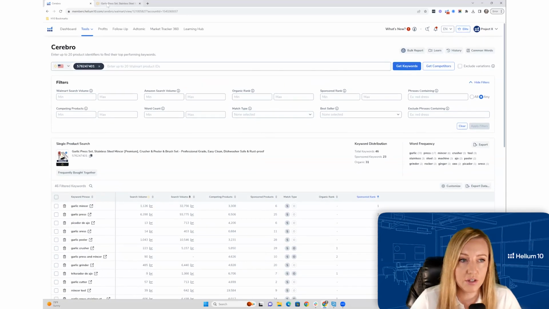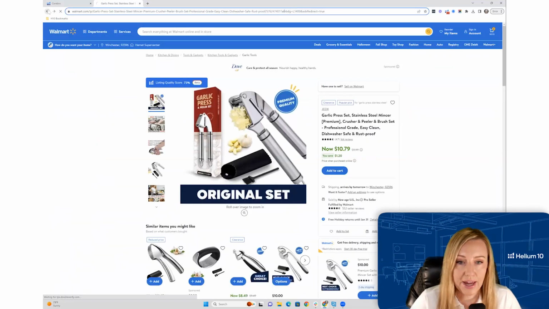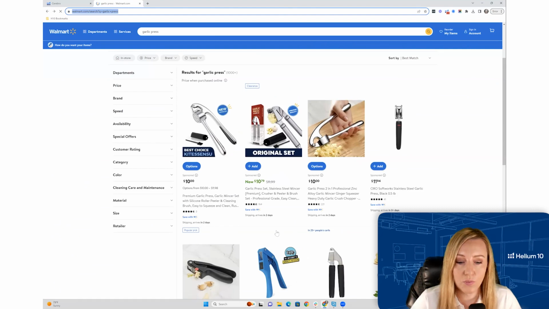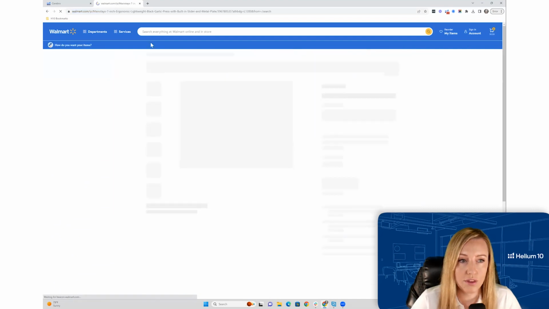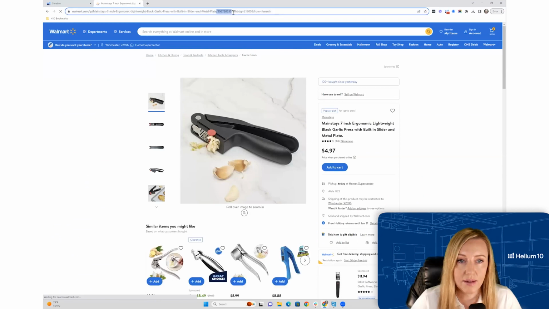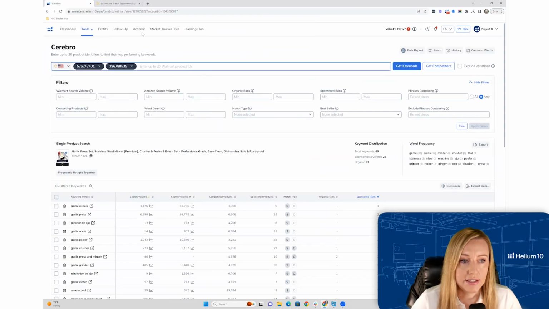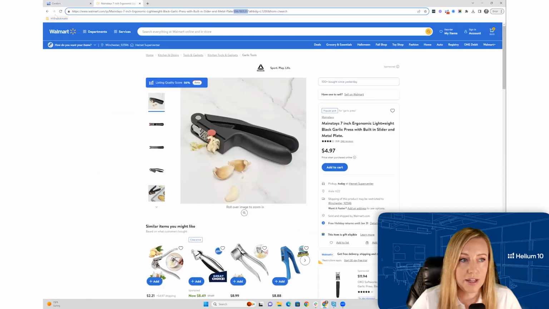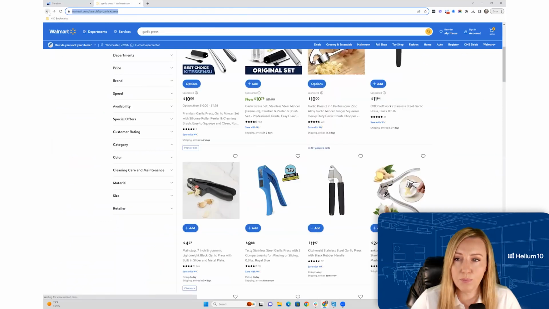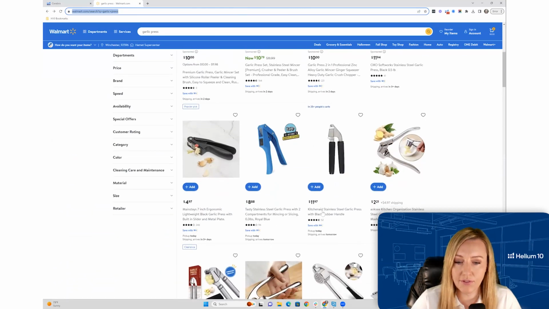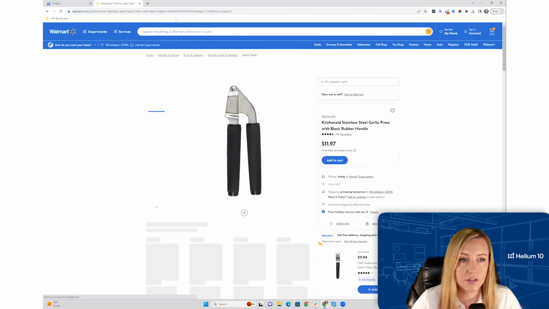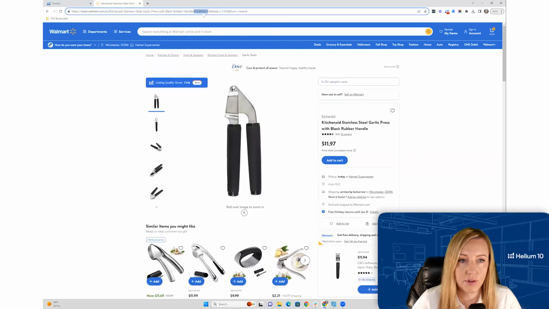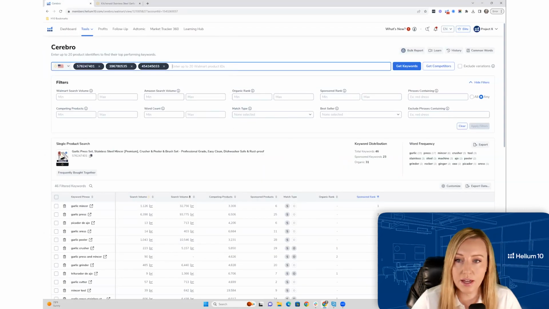Now, another thing you can do is compare competitors. You can do more than one. So if I copy this one again, we've got this product ID. On my account I can go up to 20, but a lot of people are probably up to 10. It just depends on the level of your plan. So I'm going to do this one as well. I'll just do 3 to start. I'm going to paste them all in here, and then hit get keywords.